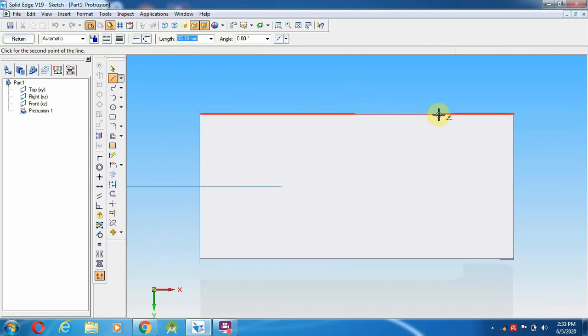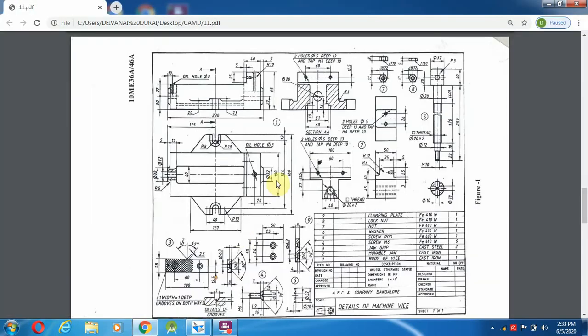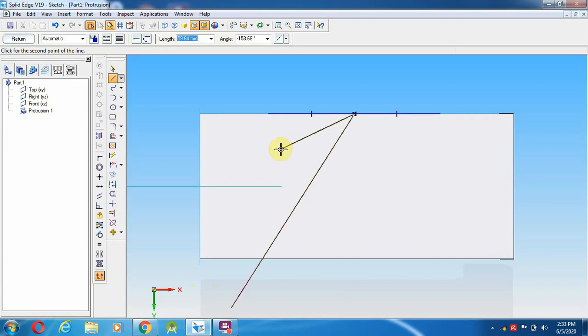Okay, so from the middle, this side is 60 mm distance, because the total is 120 mm. On the other side it is again 60 mm. Enter. After that, from the middle how many mm does it have to go? That means 154 minus 100, so 54. 54 means this side 27, other side 27. So from here I am going to make a 27 mm line.